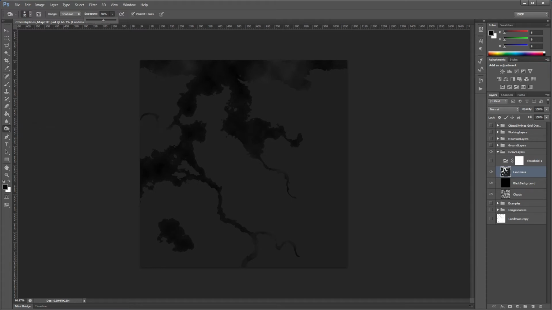And so you come in here with a burn tool of about a 50 exposure. I'm going to go ahead and brighten it up right now, just so you can see it a little more clearly when I do it, and then we'll lower it back down. But you go over these whites, and in fact, let's increase the exposure just a little bit. You can see they're starting to darken up and gray out just a little bit. These whites become a little bit less white to some degree, and I'm clicking over this multiple times,